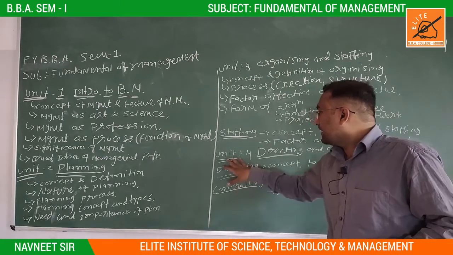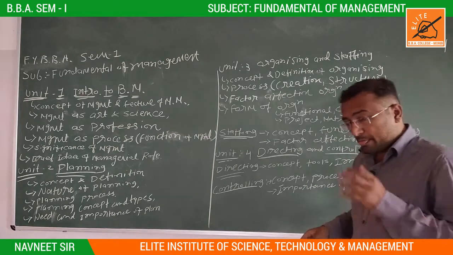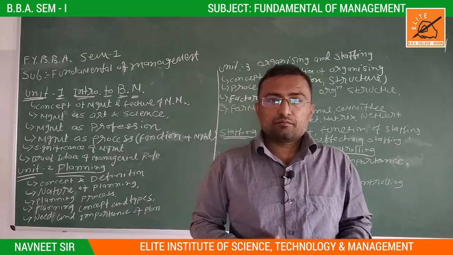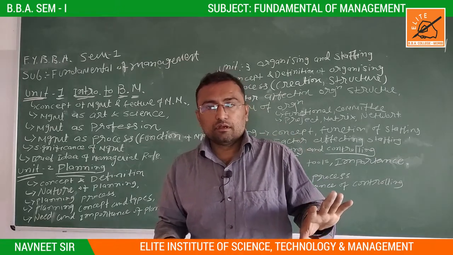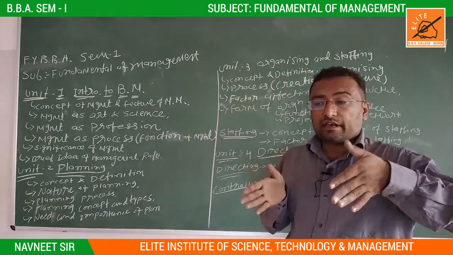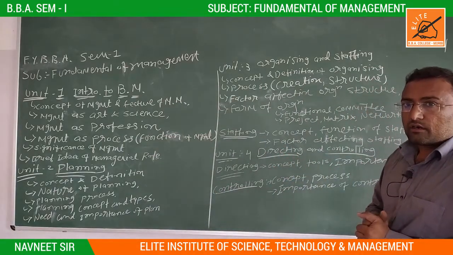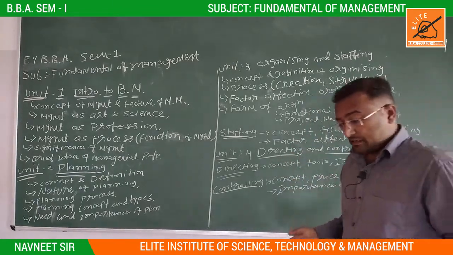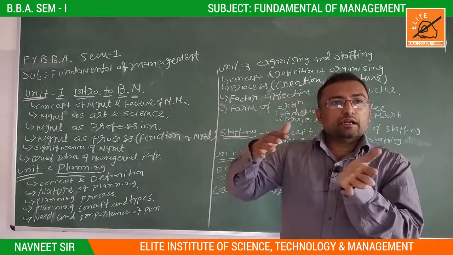Then unit 4, directing and controlling. All the things we are doing should be done in the right direction. Then we can achieve our goal, what we have set, our milestone. With the right direction, and only then, our organization will achieve its goal or milestone. So directing is important, as well as it should be controlled in a way so that it will minimize the risk